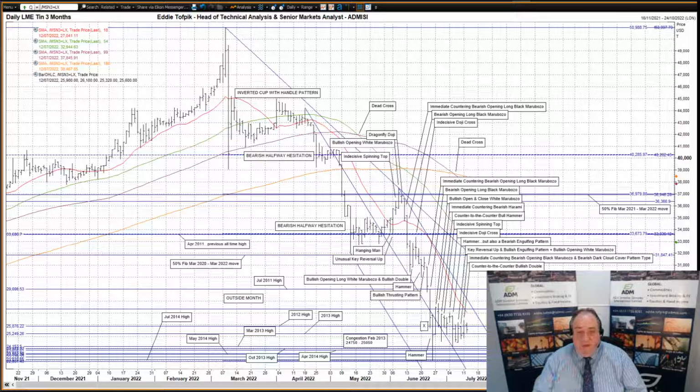It's something to remember. Now, I also posed a question a few weeks ago as to whether this action since mid-April was a possible bearish halfway hesitation. And the answer to that was yes. The downside target X for this move was in the 26,000 area, and it was reached the day before the big hammer pattern. So this explains the move lower and the strong dip. But what about what has happened since?